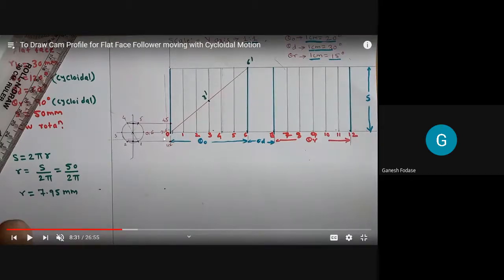Whenever this diagonal intersects the vertical projection through 3, it is 3 dash, and whenever it intersects the vertical projection through 6, it will be 6 dash. So we get points 0, 3 dash, and 6 dash by drawing a diagonal passing through the projection of 0, 3, 6, or a line passing through 0, 3, 6. Similarly, we can draw a line through 4, 5 parallel to this diagonal, and similarly for 1, 2 parallel to the diagonal, to get the projections of these points.